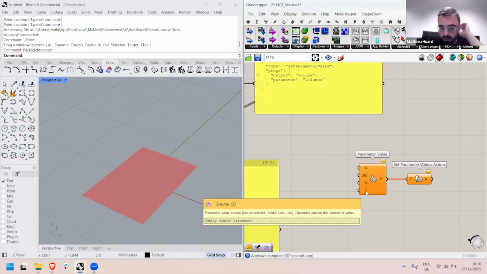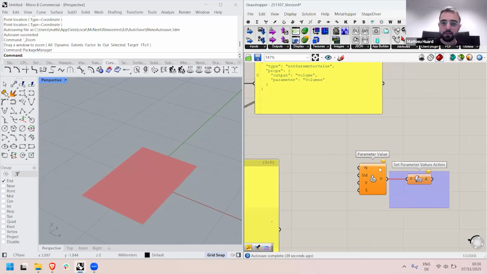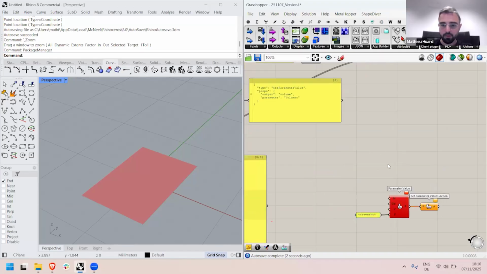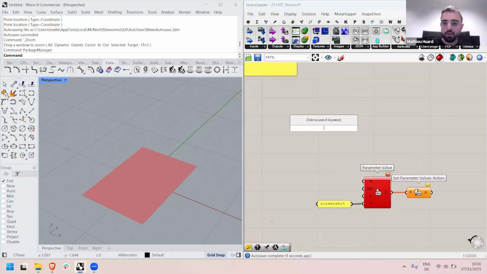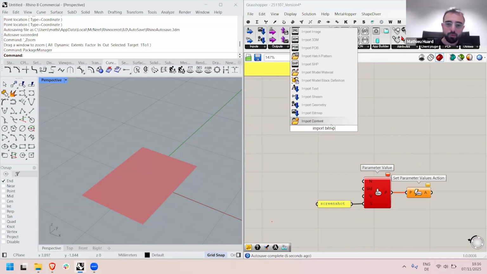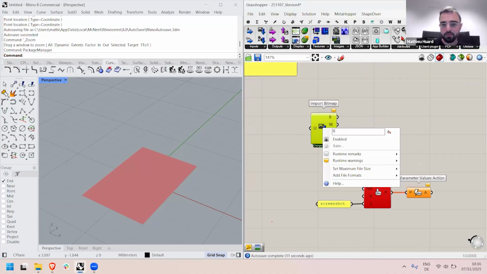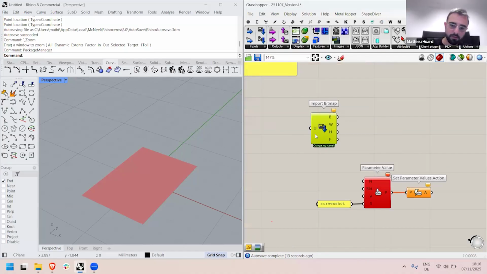The documentation is in progress, but there are several sources you can give. For example, I can give the source screenshot to these components. If I have an import bitmap component in my definition, and I give it the name screenshot,